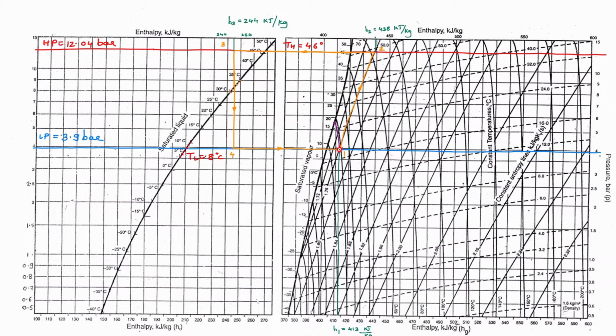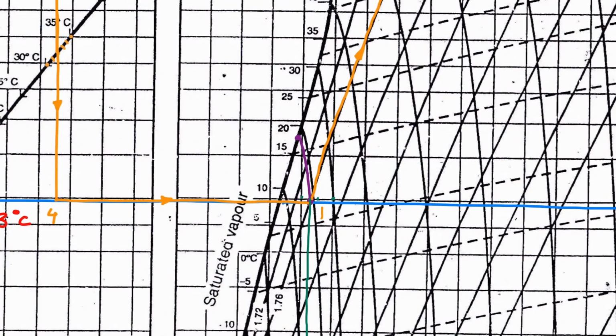Now the temperature of point 1 is given as how much? We had just now read the value, it is 19. So before 20, this point will be 19. Drop a curve like this. Okay, this is a curve. This is not a vertical line. Please make a note of this. For this 20 degree curve, you have to draw a parallel curve. So just understand this, I'll zoom this. This is the 20 degree Celsius temperature curve. I have drawn 19 degree parallel to it. And wherever it cuts the low pressure curve, that will be point number 1.